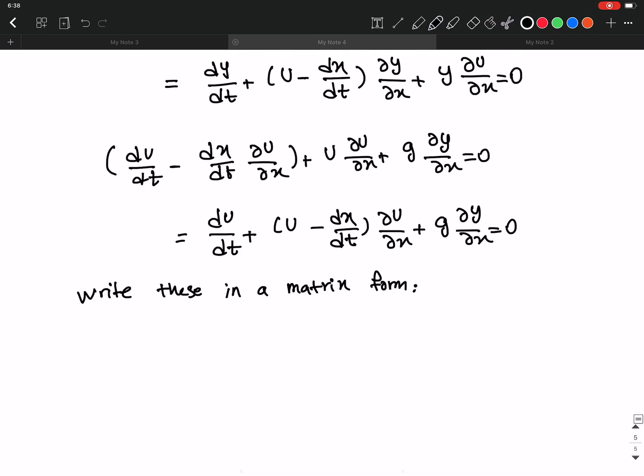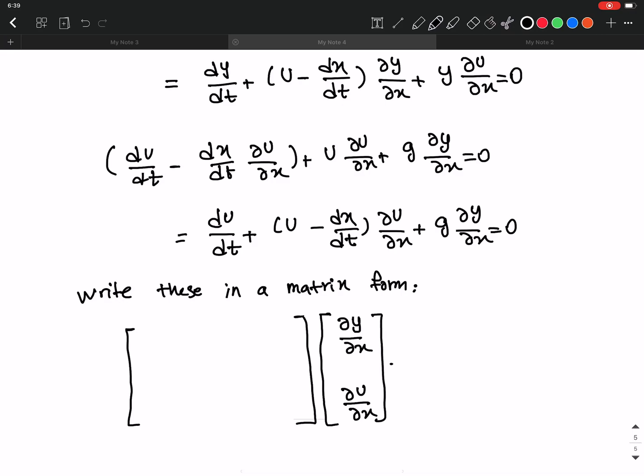That's how I want to do this. This is the matrix. The first entry I want to put is partial y partial x, and the second is partial u partial x, equals to,